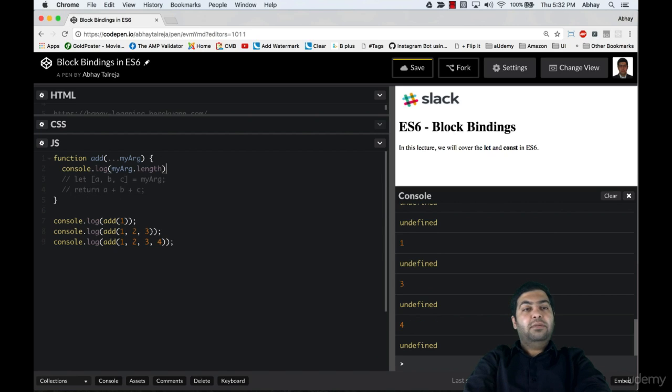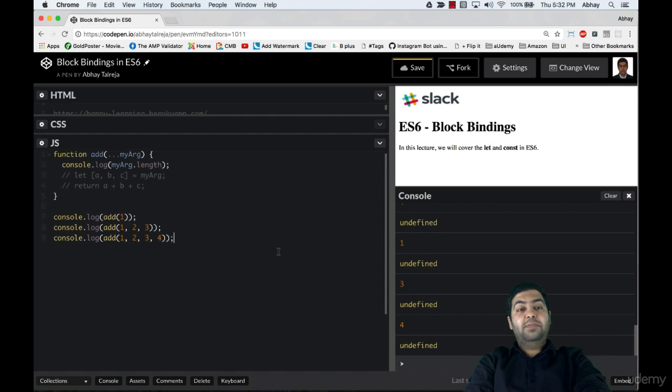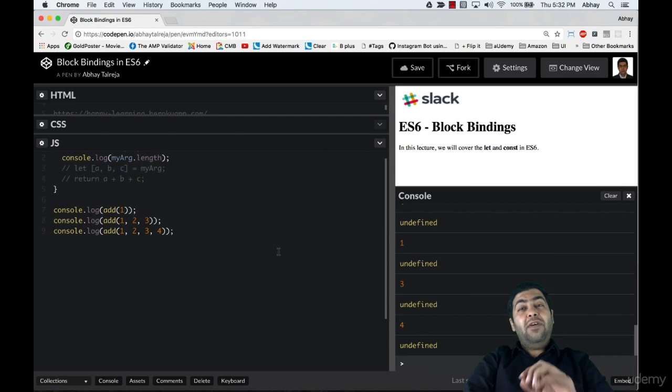Console and my whatever arg.length, let's see what we get. And you can see the answer is 4. 1, 2, 1, 3 and 4. So that's how you can also print the length of the arguments, or whatever is the array that is passed as a rest parameter. Now, as rest parameters is an array, you can use every function that is available for